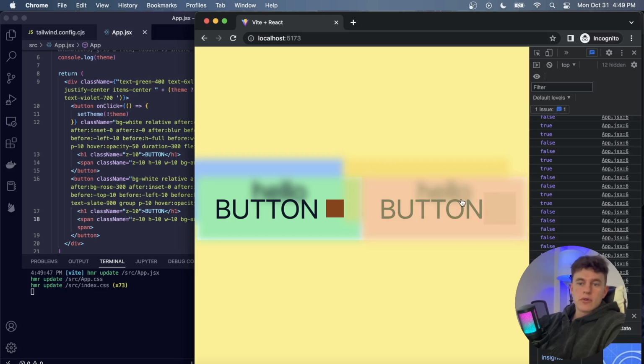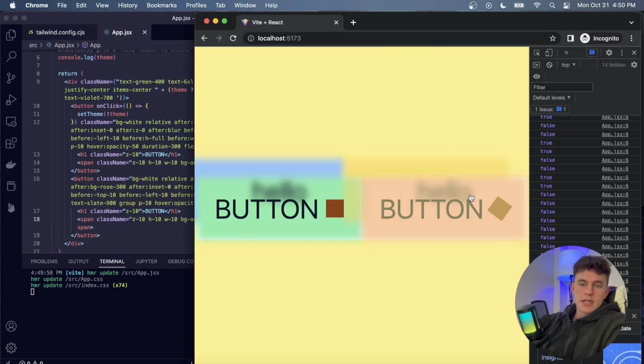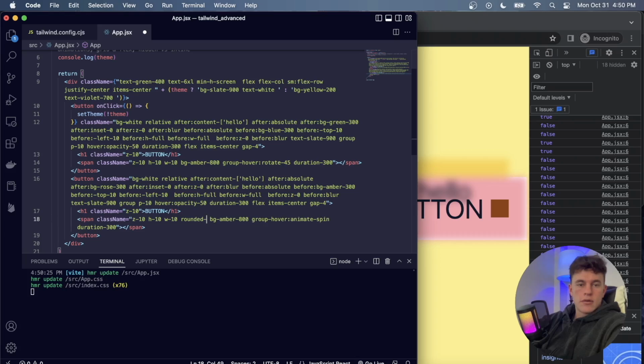And so now when we hover over it, it's going to have these default styles or animations that you don't actually have to custom code. Another one is spin, and there's heaps of them listed in their documentation. So now we have a rotate and now we have a spin. If you had a loading symbol that was circular, we can add a border radius of 50% here by saying border radius full, and we could actually go even harder and just say relative after absolute after inset, let's say 4 after